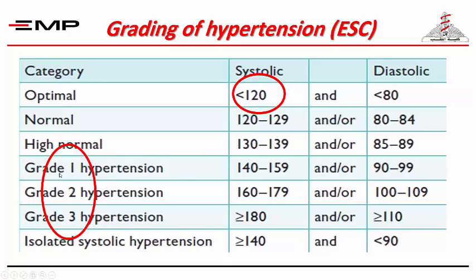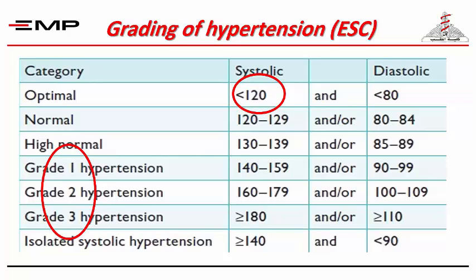Then, starting with abnormality, grade 1 hypertension is 140 to 159 mmHg systolic and diastolic 90 to 99 mmHg. Grade 2 hypertension is 160 to 179 mmHg and diastolic 100 to 109 mmHg. Grade 3 hypertension is systolic more than or equal to 180 mmHg or diastolic blood pressure more than or equal